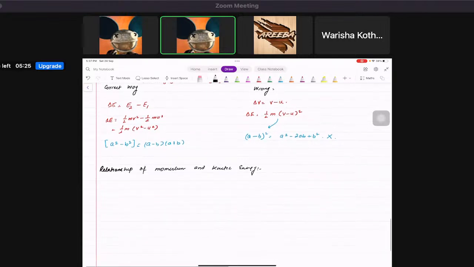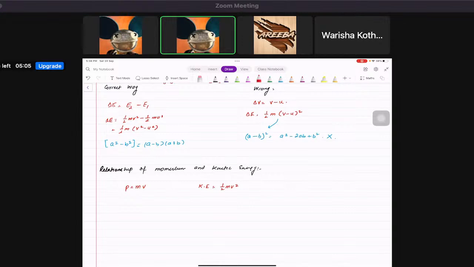We know momentum is mass times velocity, and kinetic energy is given by half mv squared. If you look at it, both of them have mv in it, but one has mv squared. So what you're going to do is,